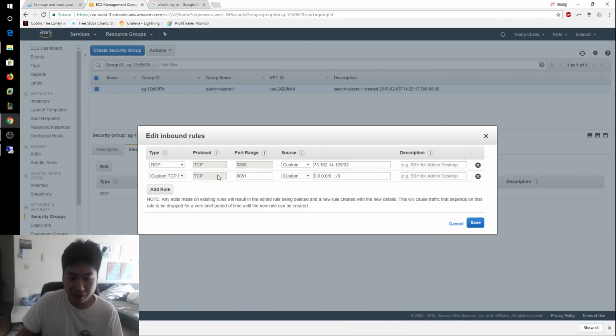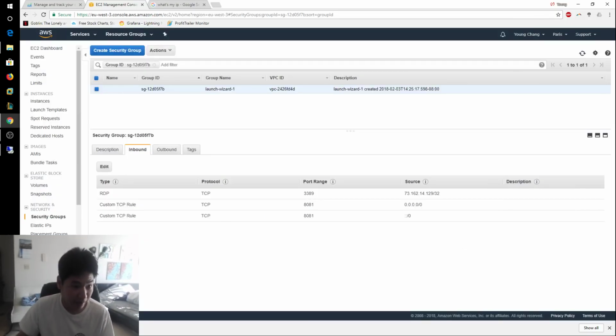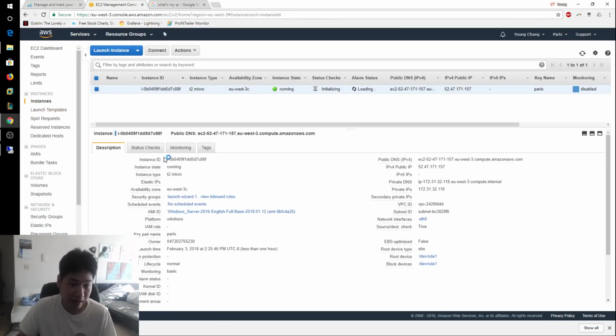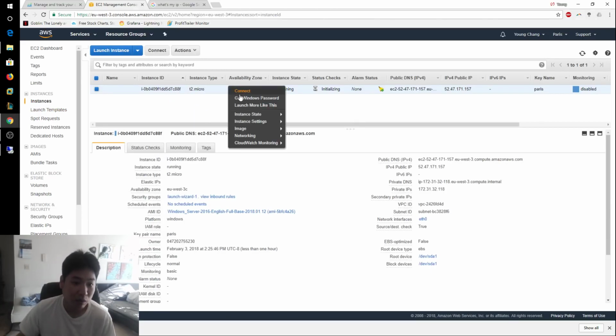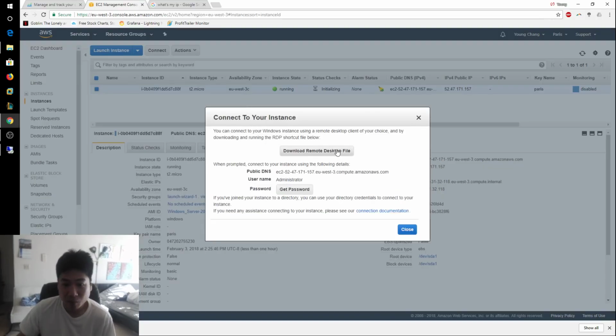So I'm going to go ahead and leave it alone at 8081, open to all. I'm going to go ahead and save. So that is done. Let's go to our instances, and we should see our T2 micro instance now pretty much ready. First thing we'll need to do is right click on this instance and hit connect. I'm going to go ahead and download the remote desktop file,